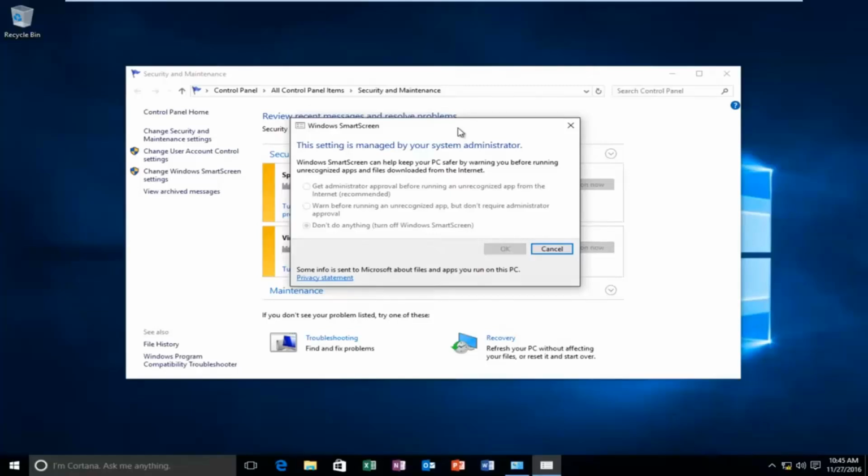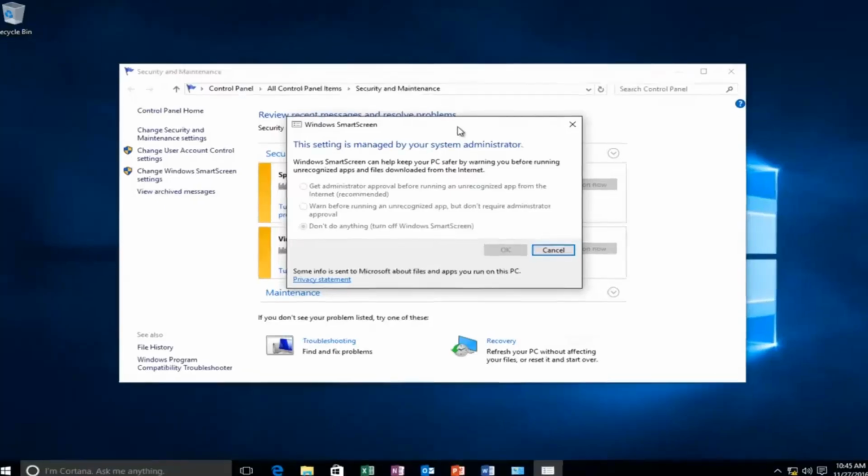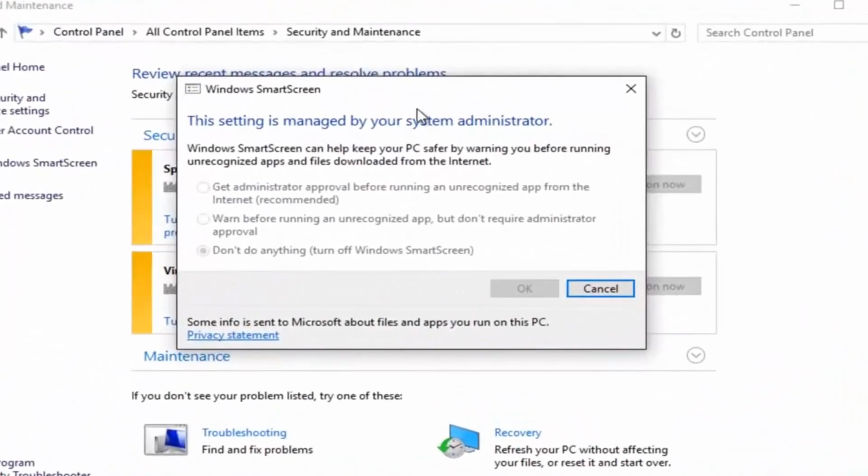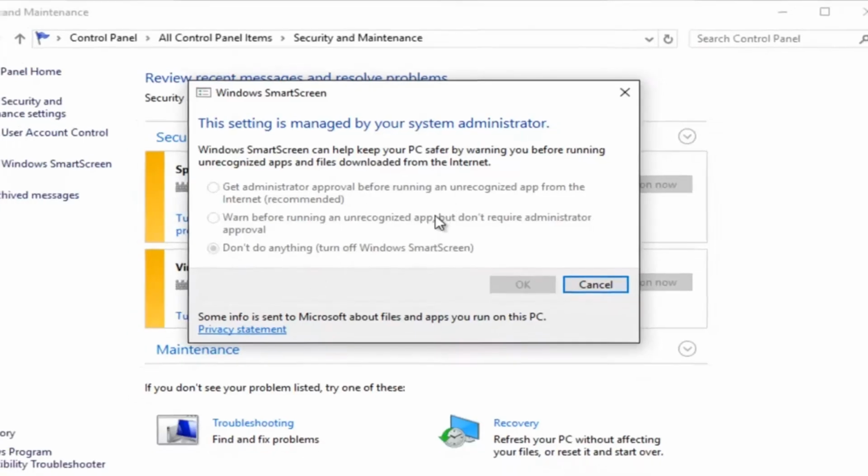Today I'm going to be showing how to resolve this issue you might have when trying to change your Windows Smart Screen settings. You might get this notification saying the setting is managed by your system administrator. Windows Smart Screen can help keep your PC safer by warning you before running unrecognized apps and files downloaded from the internet. So if all these options are grayed out, I'm going to be walking you guys through how to